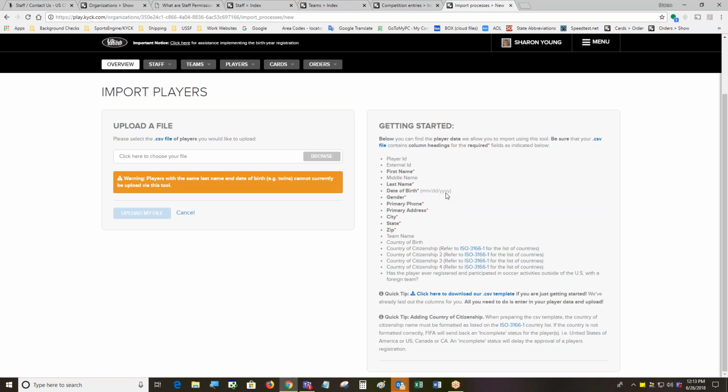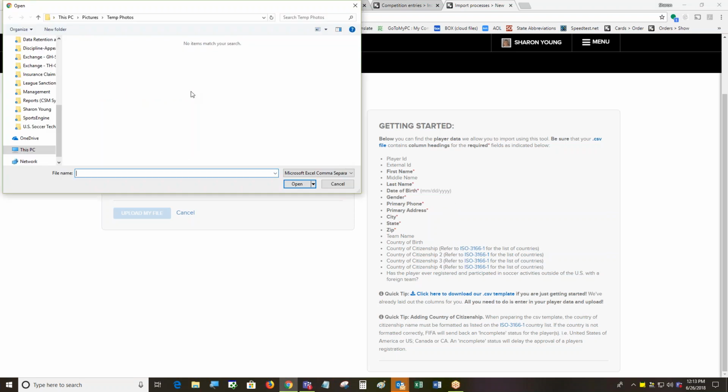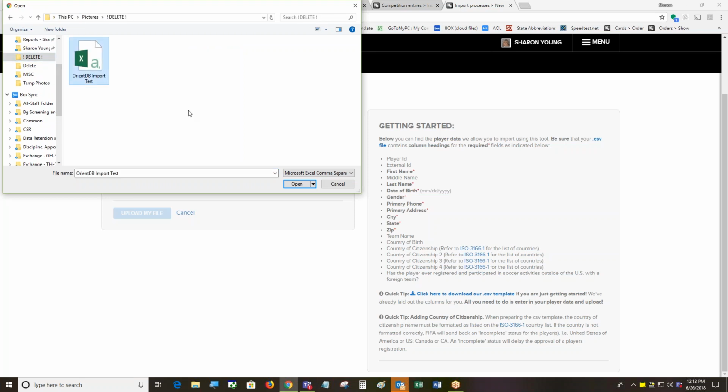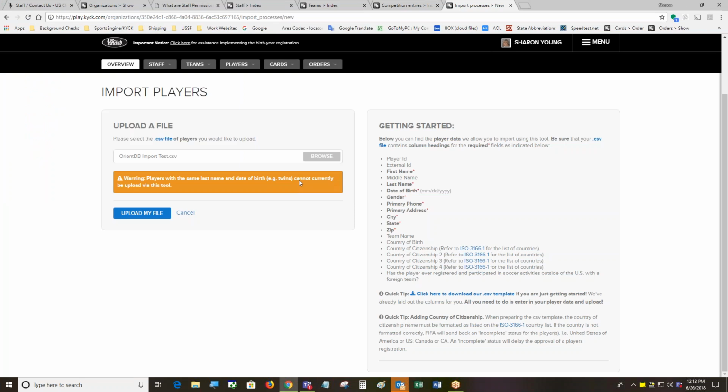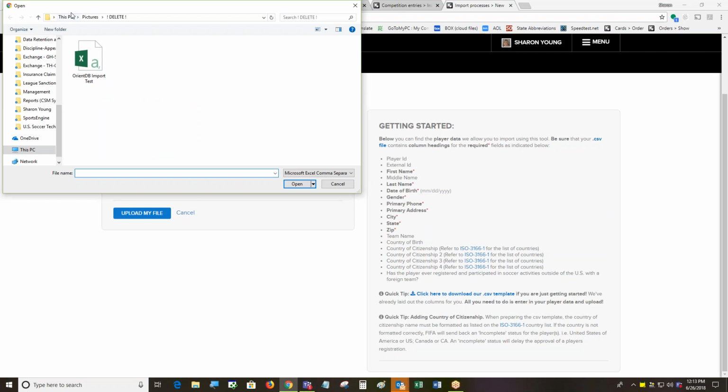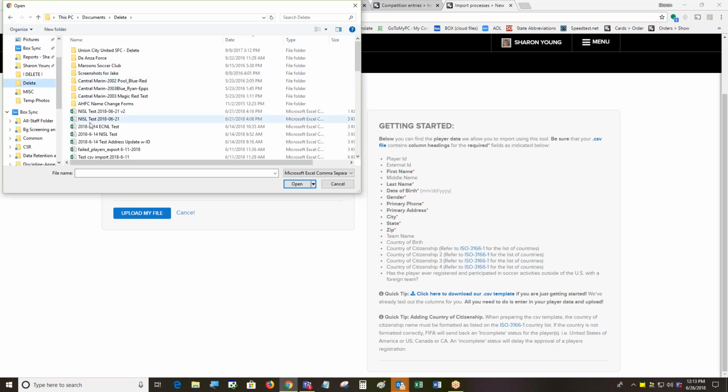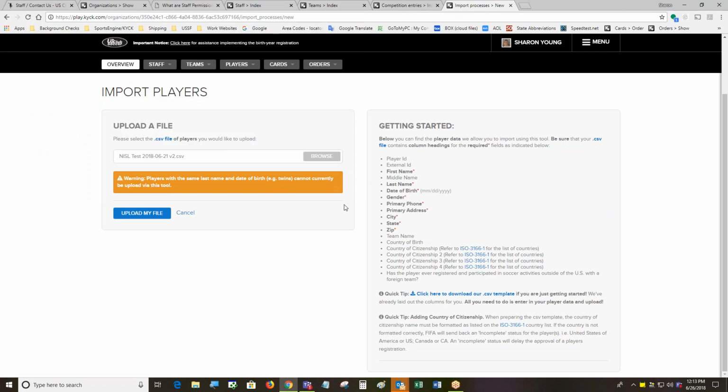Okay, so once you get your import completed and you get it saved, browse and find it. And I'm not going to complete this because I've got so many in here, but I'll show you really quickly. Okay. When you're importing in,